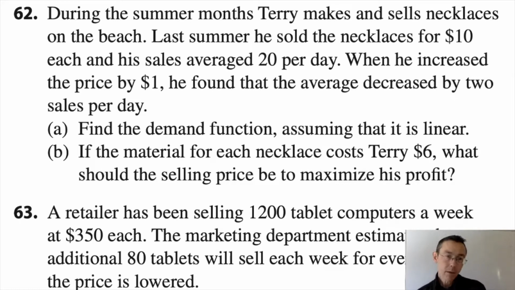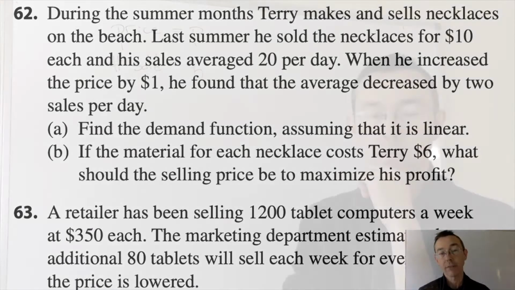During the summer months, Terry makes and sells necklaces on the beach. Last summer he sold the necklaces for $10 each and his sales averaged 20 per day. But when he increased the price by $1, he found that the average sales decreased by 2. Find the demand function, assuming it's linear, and then let's do some optimization about how to set the price to